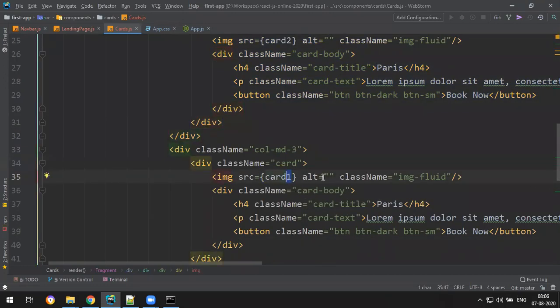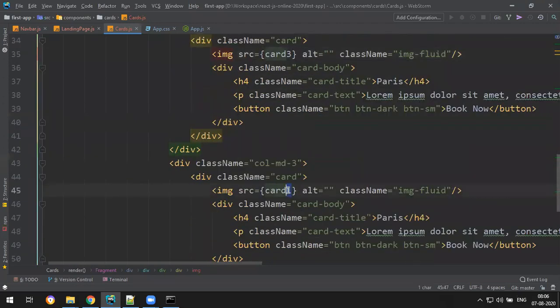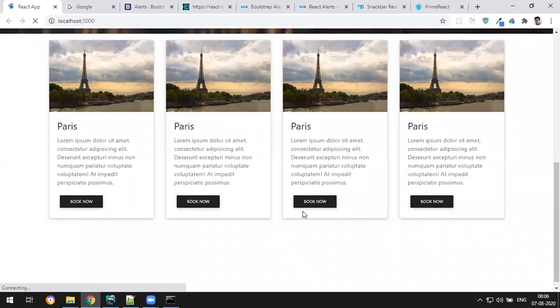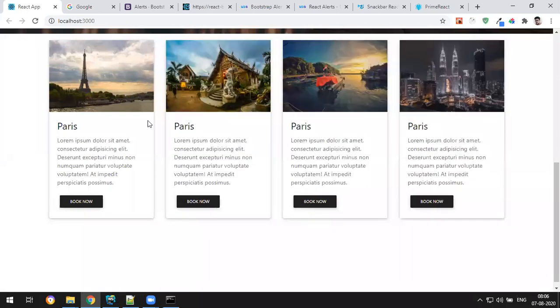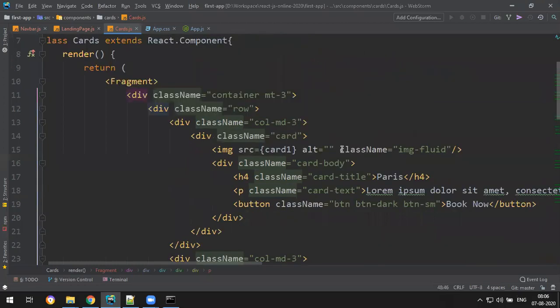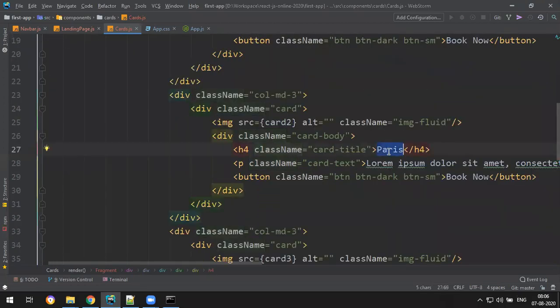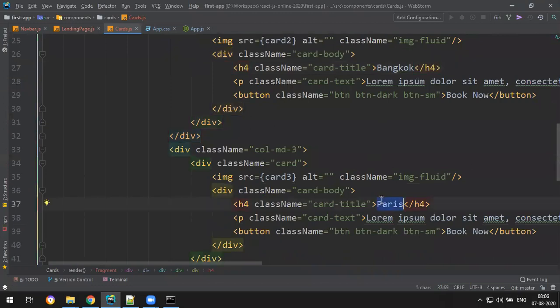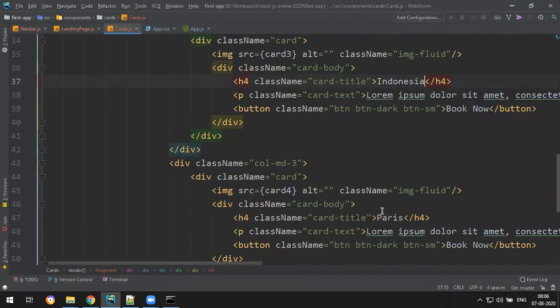We can do that using structural directives. Yeah, so got all this fine. And text we want to change, Paris. Again spelling mistake I do, I think. Bangkok, Bangkok. What else? This one, I don't know, Indonesia. Okay, and Malaysia.